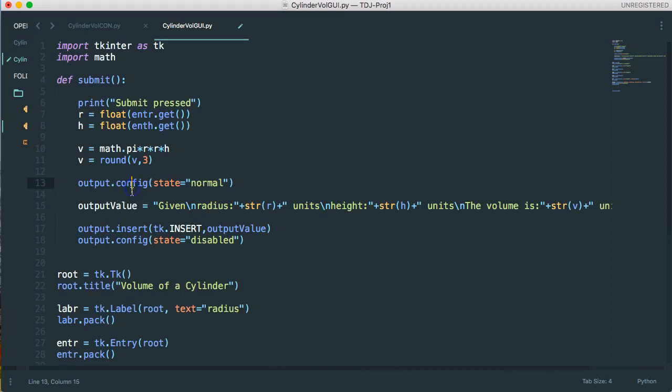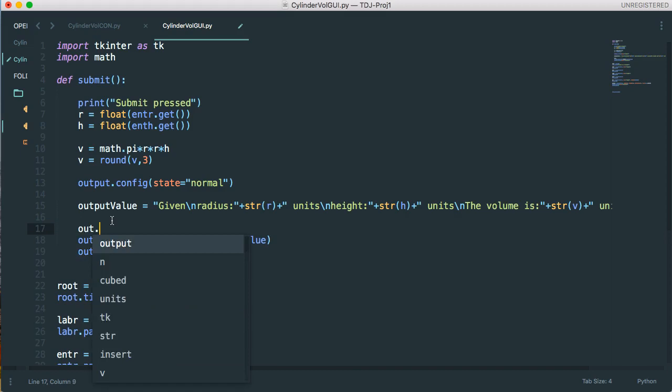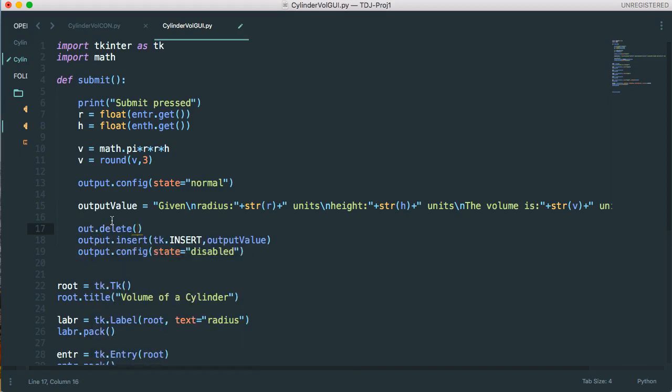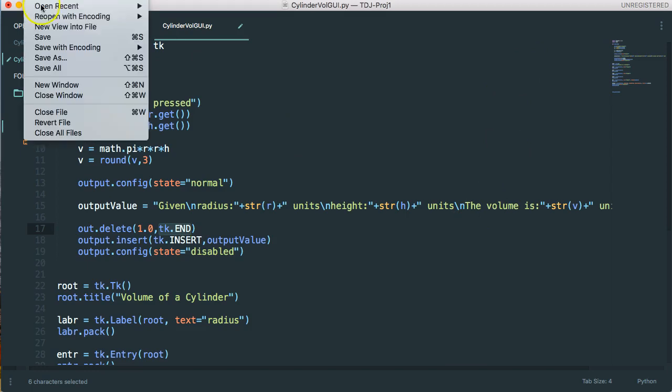Okay, so what I can do now is before I print the out, I'm going to say out dot, and there's an instance method called delete. The way this works is I delete, and I'm going to say 1.0, and that means I want you to delete everything from the first line to the, that's how we say last line. So with text boxes, each line is numbered, and tk.end will give you the last line in the box. So if I save this,